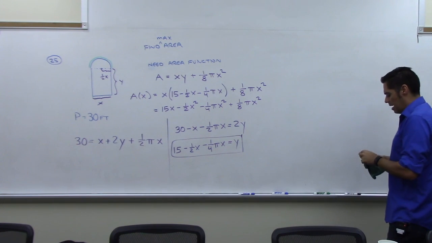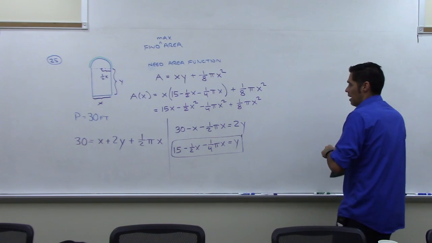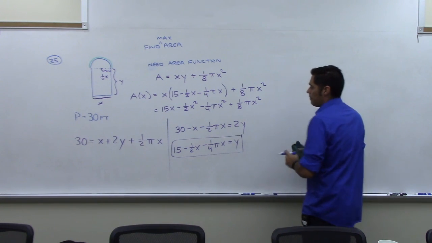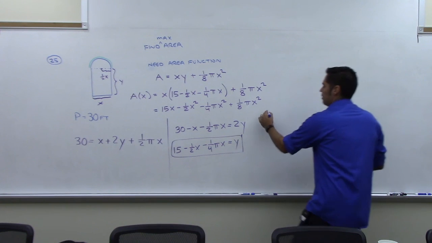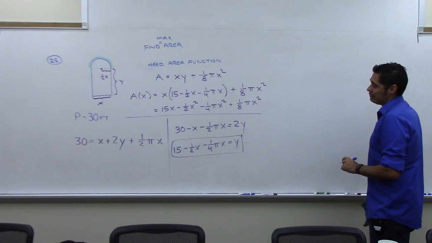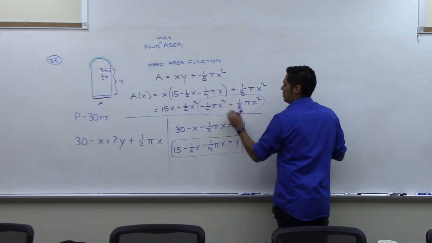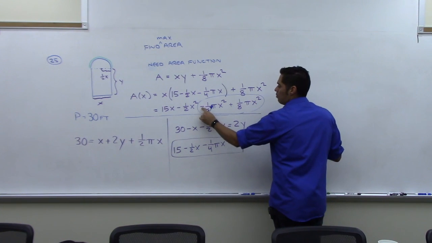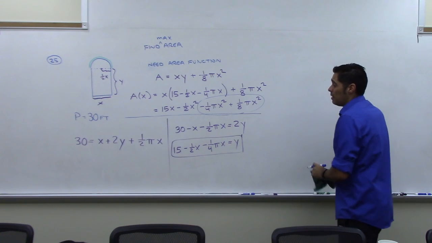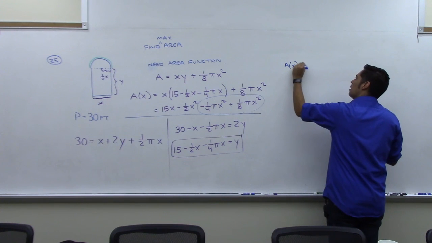And I do see that I have some like terms here. I do notice that I can put these together. I can also put that together, but let's try this right now. Separate this here. Okay, that's my work down there. Let's put these two together first. Same variable squared, and I can do negative 1/4 pi plus 1/8 pi. That should give me negative 1/8 pi. So I'm sitting here. I've got A of x is